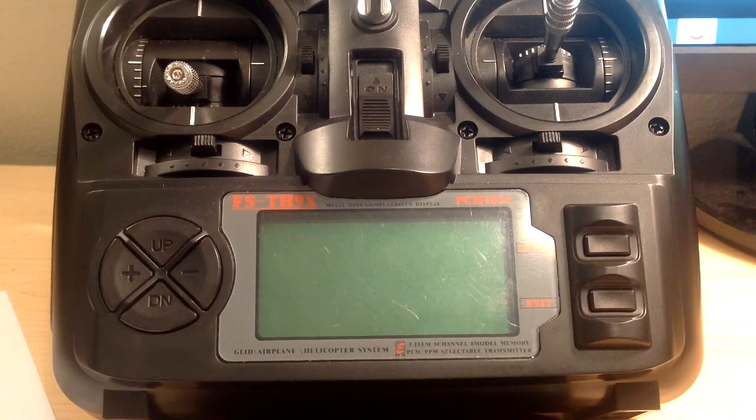I ran into a problem where they were moving in opposite directions, and so what I actually had to do is get a switching Y harness. You can get those online or at a hobby store. Anyway, going into how I hooked up the plane,